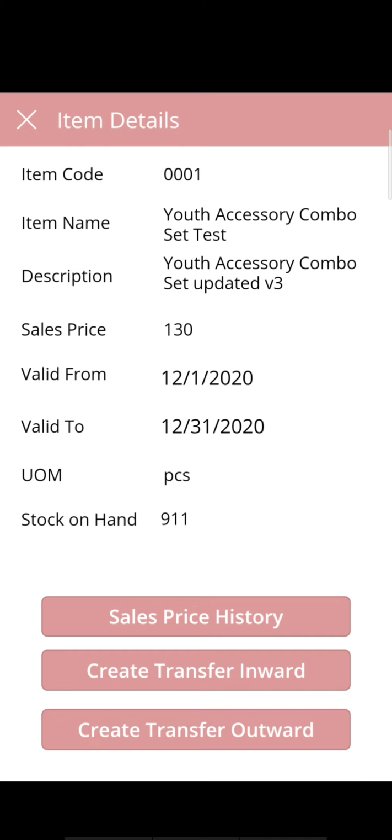When I click the Create Transfer Order, be it inward or outward, these transfer orders are created in D365 FNO. It gives me the transfer order number. I'll be able to see the status of this transfer order further. Now, we can check the same in D365 if this transfer order is created or not. Let me sign into D365.